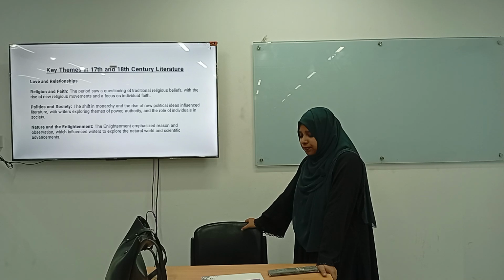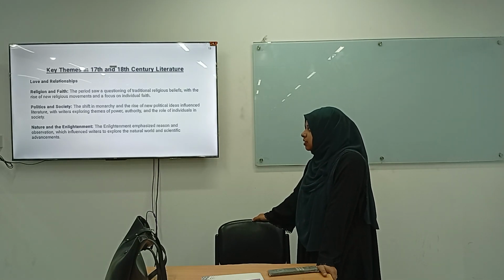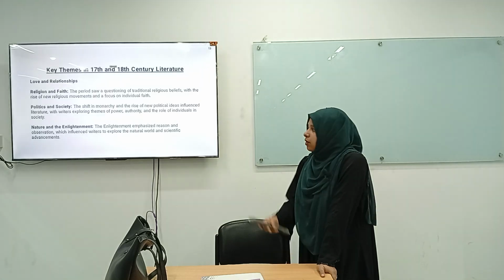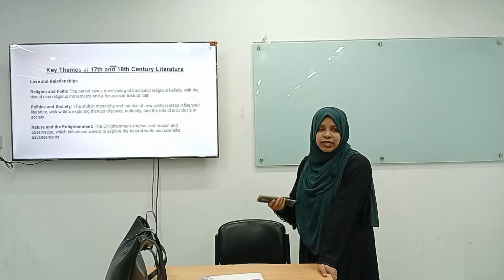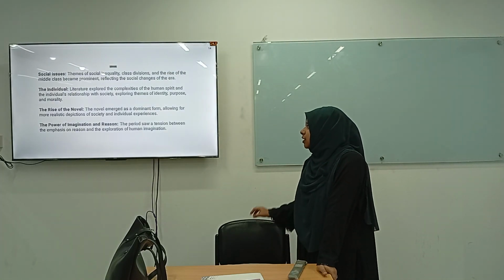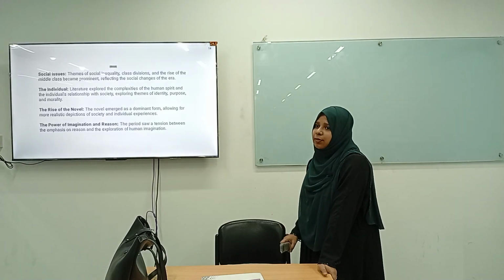Love and relationship. Then comes religion and faith, politics and society, nature and the Enlightenment. I guess all of them are here in this book, right? Okay. Do I have to explain them? I don't think so. You know the themes, right? Yes. Okay. Social issues, the individual, the rise of the novel, the power of imagination, and think about